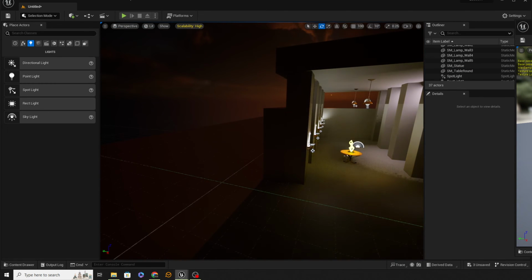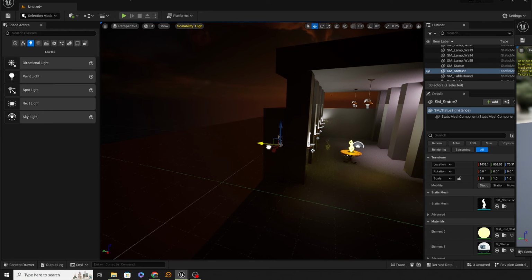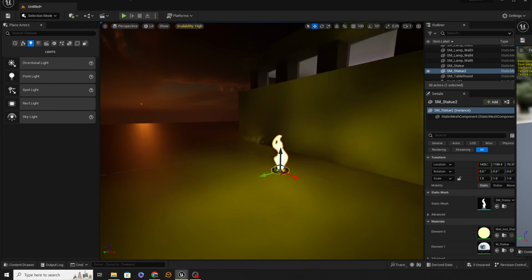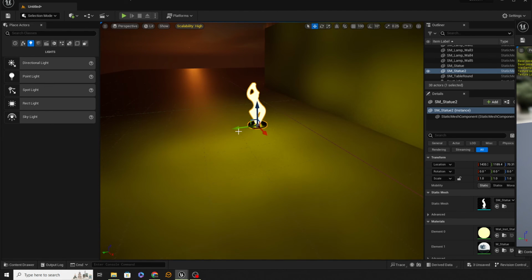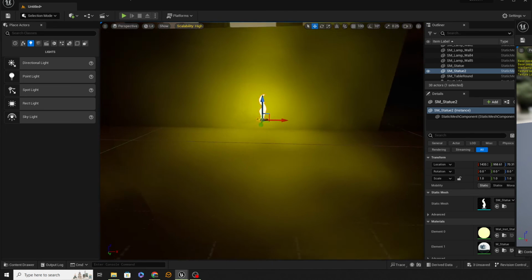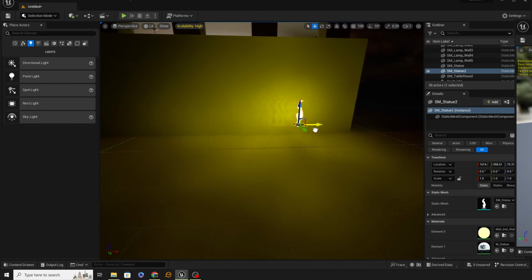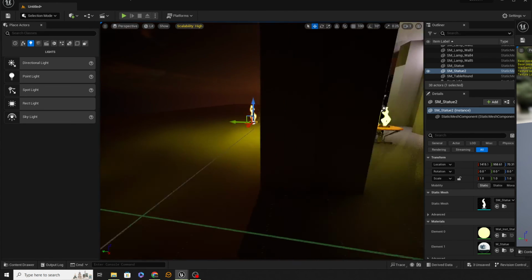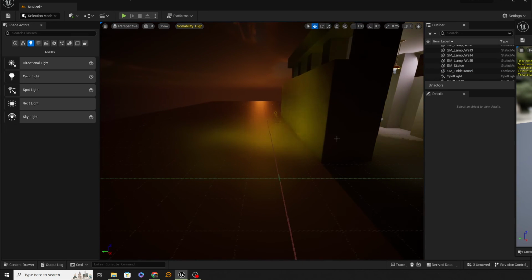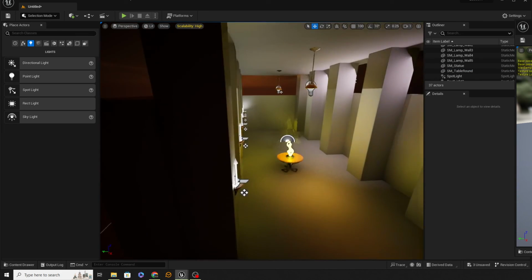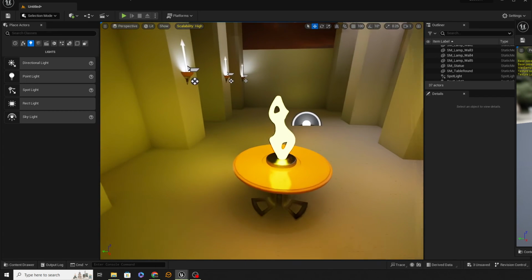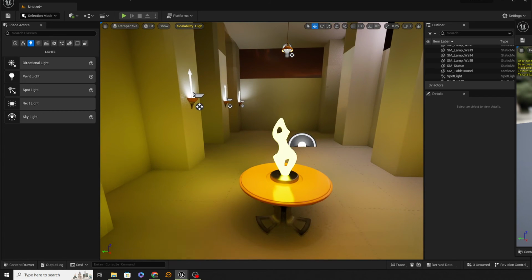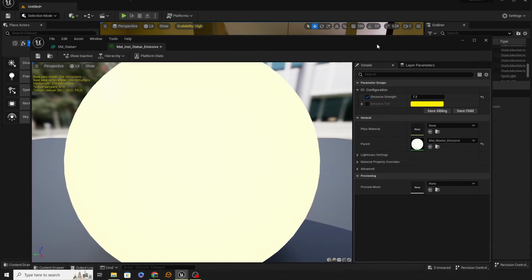Now if I take this outside and we're getting closer, you can see it's illuminating the wall next to it, and it's picking up the colour and bouncing the light back onto itself. So it's a very interesting and also a very good way of being able to illuminate things inside of a scene. Now if I turn this up a bit more, I'm just going to go to my emissive strength